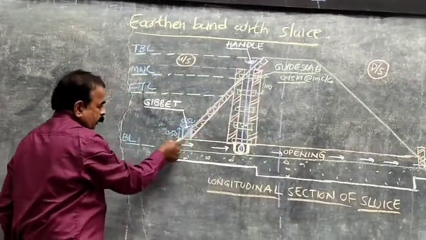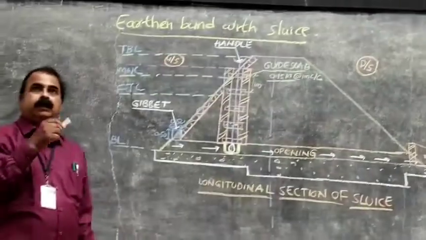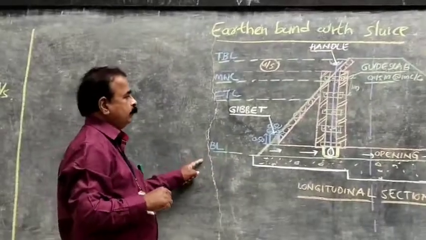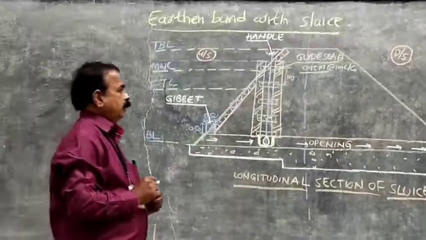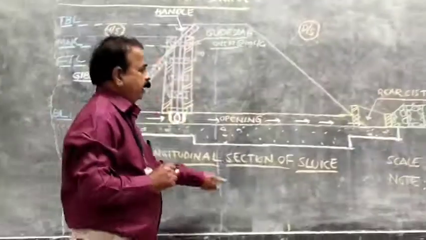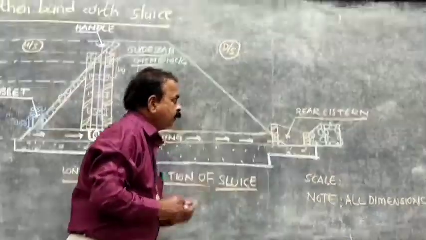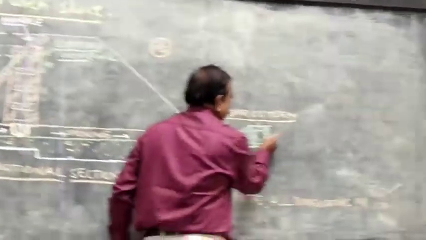And the wing wall: remember, you will see the slope here. This slope will act as the wing wall. We will see it in the plan; there are two wing walls in this case. The plug system we can also draw in the plan, and it will be square in the plan. And the pitching which is there